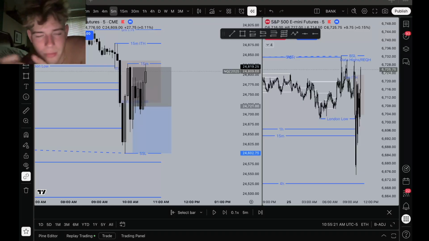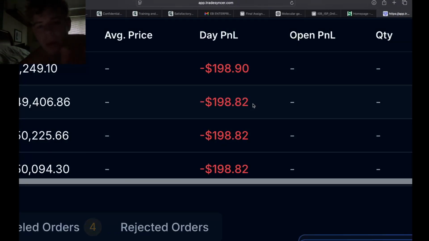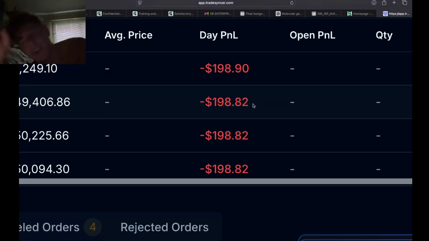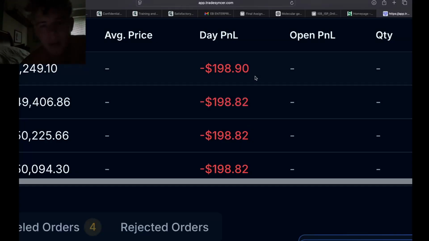So yeah, I will show you. I don't even need to show you executions. I can show you this. I didn't upload all my things into what's it called, Trade Syncer. I think because I tried to sync all the accounts, it would only sync my leader account. And because I don't want to go back into Tradovate and download all these files, I can just show you this.